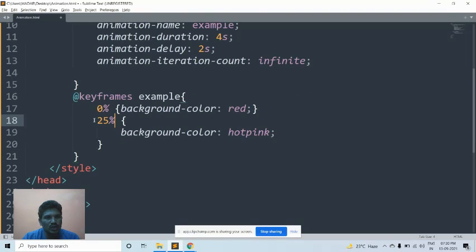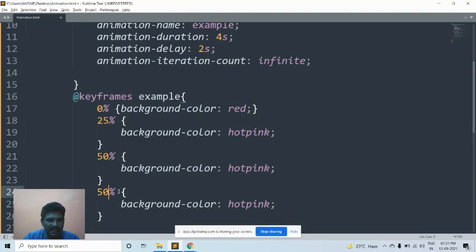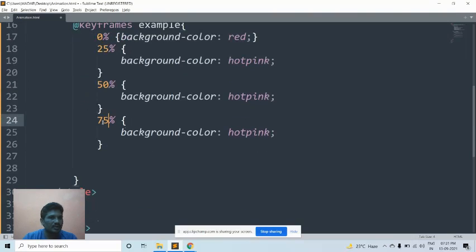Then I copy it for 50%. Then I copy it again and make it 75%. Then I make it 100%.